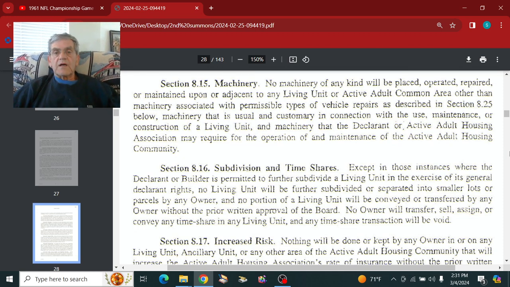What I'm trying to get across to anybody who buys in an HOA, you are not buying the house. You're not buying the lot. You don't own the house. You don't own the lot. You can't do anything to the house on the exterior or the lot exterior. All these rules that I just read to you